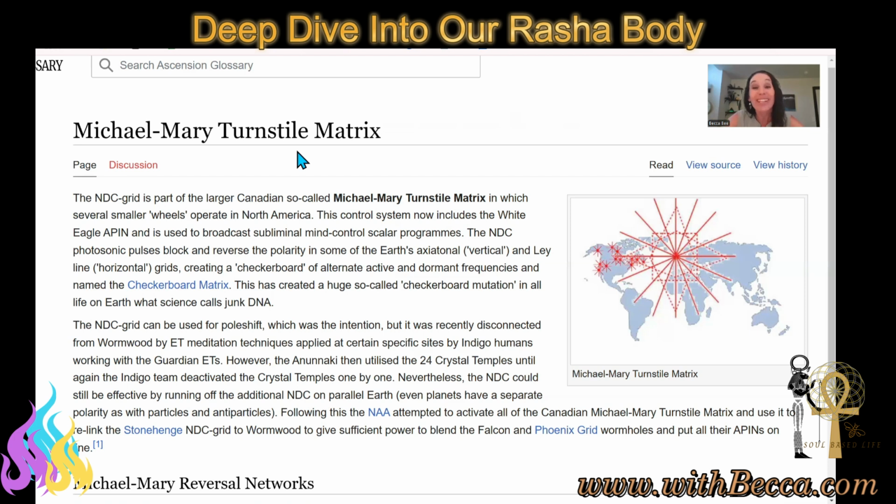They poked holes in the body of creation and it made it look like a checkerboard. This is why the Masons have the checkerboard in their initiation rooms or their ceremony rooms. You see the checkerboard, and it actually has a significance. It's talking about this hijacking and this reversal network that's been feeding off of our planet. A lot of this has been resetting, but I wanted to give you an image so that you could look it up if you wanted to.